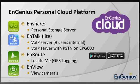Third function is EnRoute. EnRoute is like a GPS logging system. If you have EnRoute on your telephone, it will register the GPS logging on the storage of your router, and you can share this logging data within your own personal cloud platform. The last application